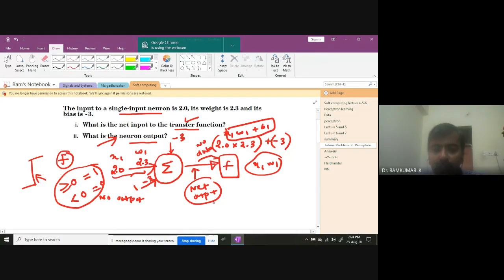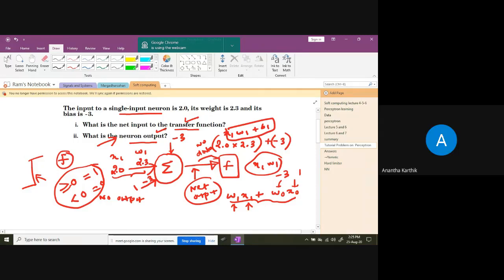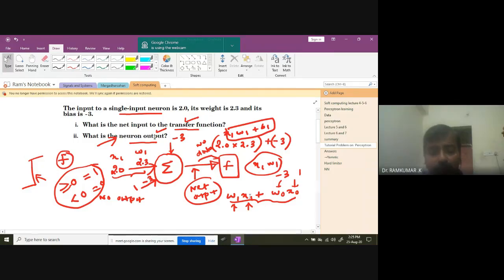Simply you are adding, that's all. You are simply taking the linear combination w1 x1 plus, in this case, w0 x0. This x0 is equal to 1, w0 is equal to minus 3, the bias. So x1 is given, w is given. Simply you have taken a linear combination. We don't know what to do with this data. If we are given any thresholding values like this, then only can you tell anything about the neuron output. You understand? Simply you have taken a linear combination. We don't know what the output is.